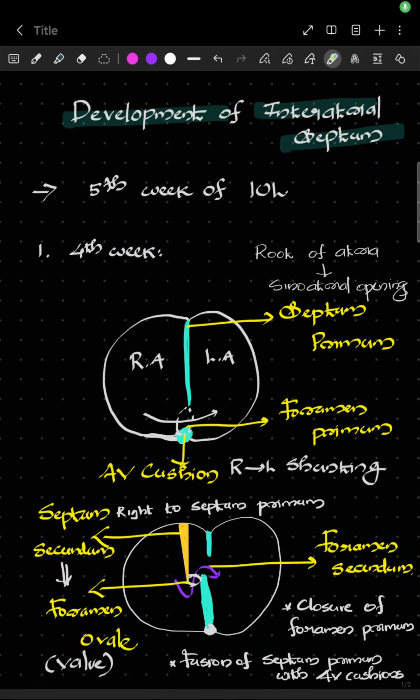So let's discuss the development of the interatrial septum. As we all know, the development of the interatrial septum takes place at the 5th week of intrauterine life, right? Usually at the advent of, or the last of, the 4th week, we can see there is a development of